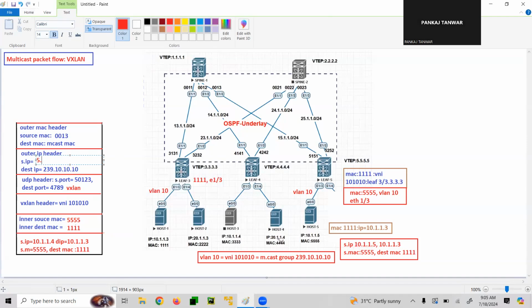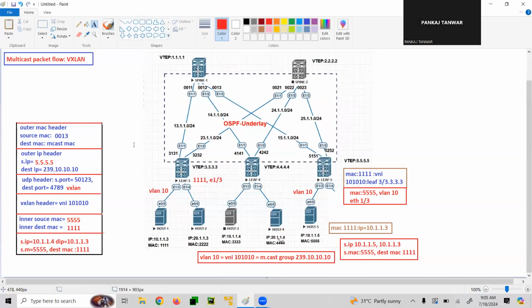So 5.5.5, and into the destination IP, it will be having the destination tap address or the VTEP address of leaf 3. So we can